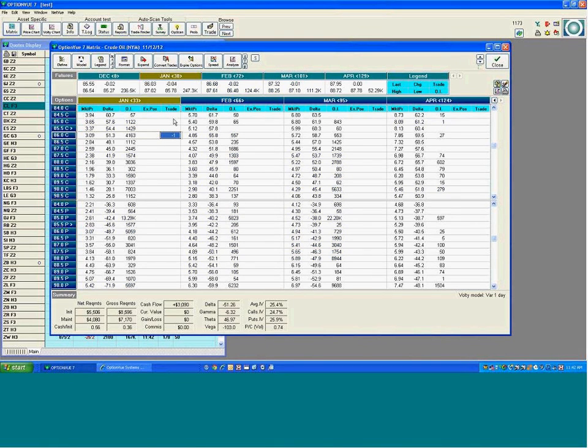We're always wanting to start off with selling the at-the-money strike because an at-the-money option, whether it be a put or a call, is going to have the most time value. And that's really what we're looking for. We're looking for the greatest time value so we can get the greatest positive time decay. If we then make a credit call spread on crude oil by using the 90 strike, then if we go out to March and we do the opposite,